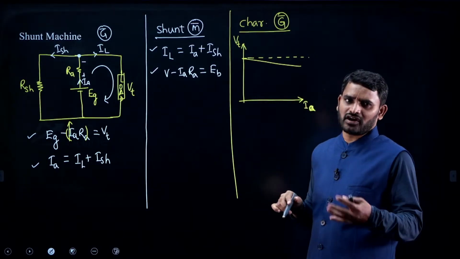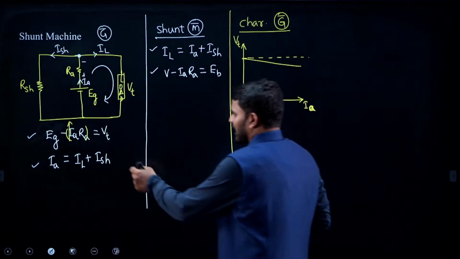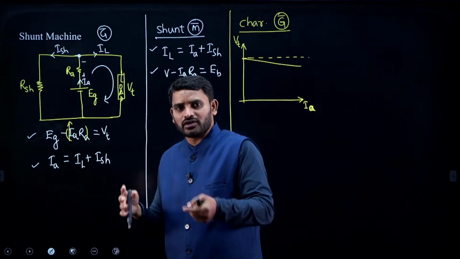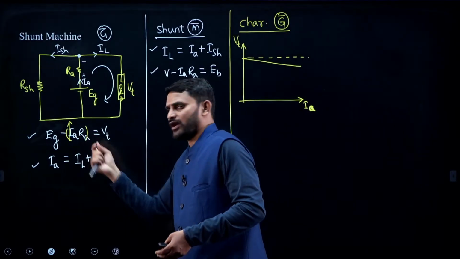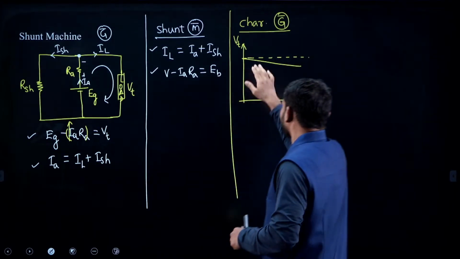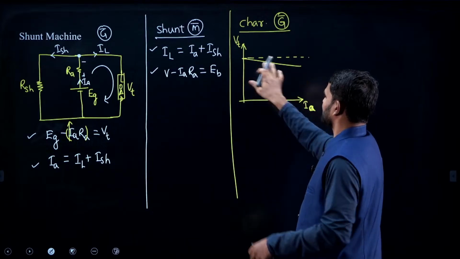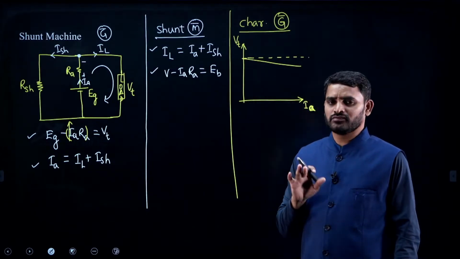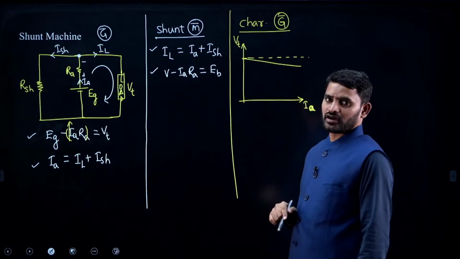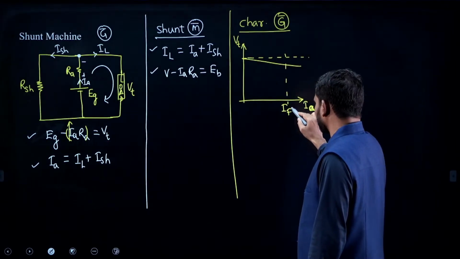There won't be much fall in the terminal voltage, because armature resistance is a very small value. Even though armature current is a full load current, maybe 50 amperes, 50 into 0.1 you will get hardly 5 volts or 10 volts drop. So terminal voltage will not fall much. Almost constant characteristics will be there, with a slight decrement in terminal voltage. But if you go beyond full load current,